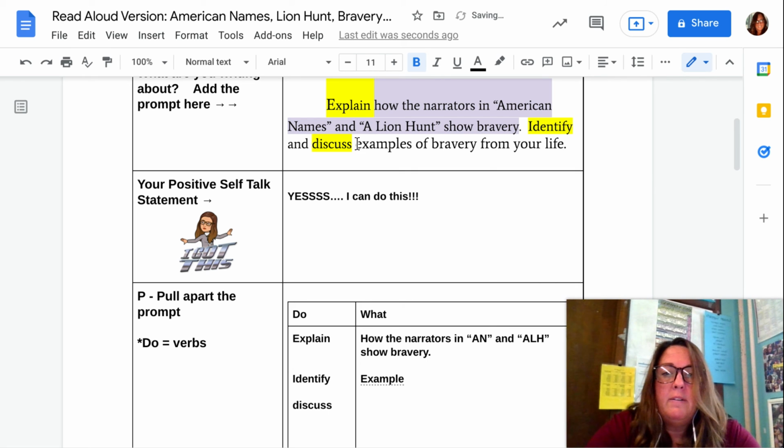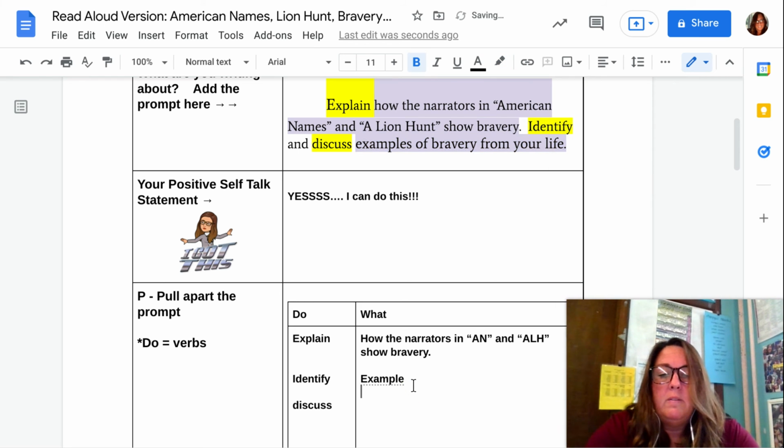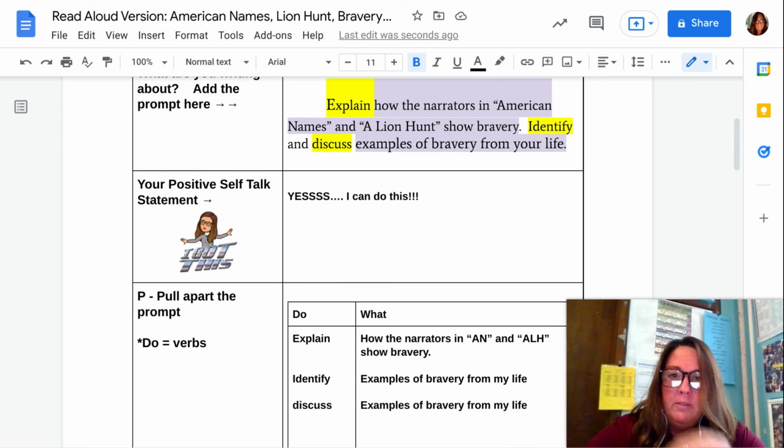Let me highlight that in purple. And I'm also going to discuss the examples of bravery from my life. Okay. Those came right from the prompt.